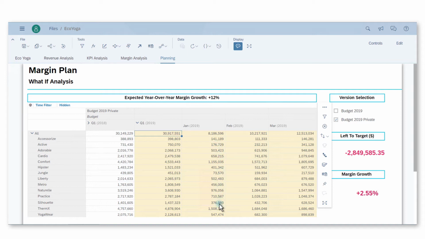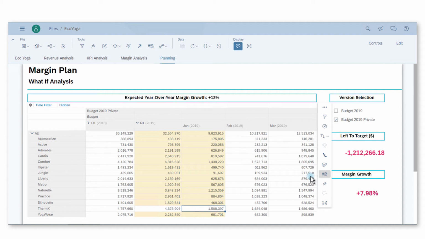I also know that Thermex is not doing well, so should not be impacted by the increase. I locked the Thermex sale for January. Now I apply a plus 20% on this period for all other products except Thermex. I can now unlock the cell. By the way, note that when I change a value on a parent node, the amount is distributed between children,